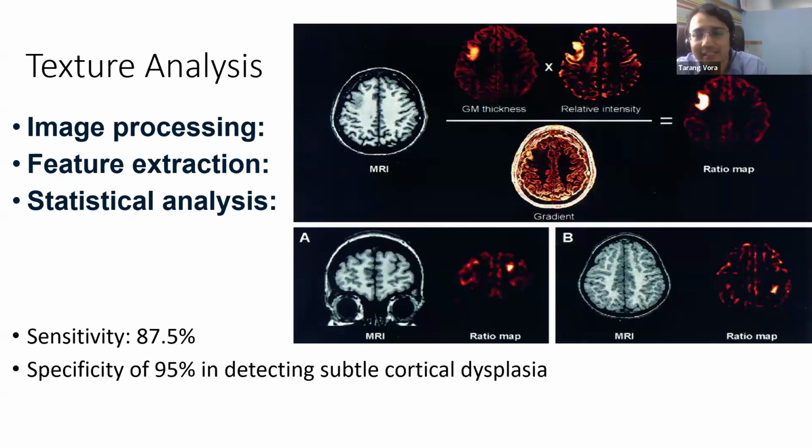And when we do that calculation, it gives us something called a ratio map. That ratio map is what shows us where the dysplastic tissue is. Now in this MRI on the left, you are seeing a dysplasia, and that is highlighted extremely well by the post-processing image. When we use that post-processing image with the navigation system available in our operation theaters, we are able to demarcate which area of the brain we want to resect.